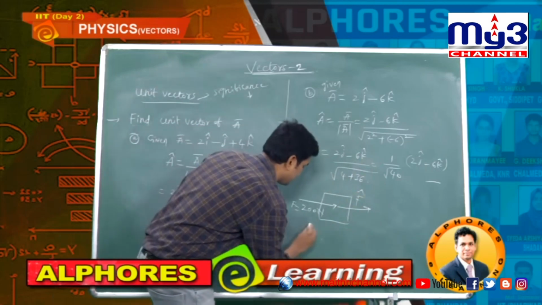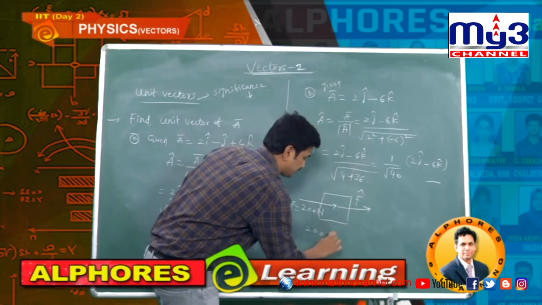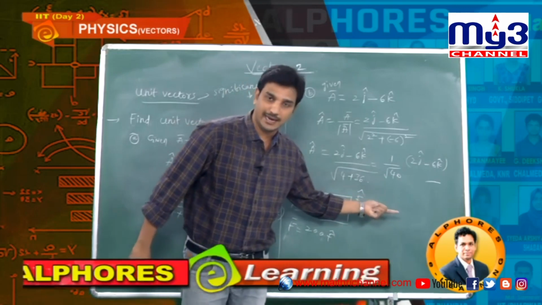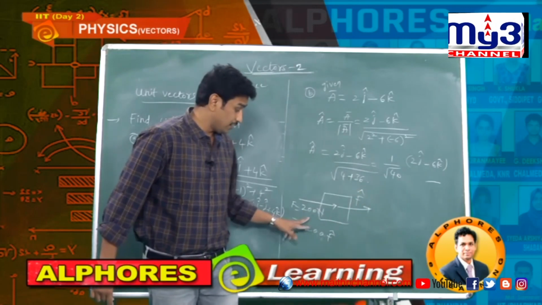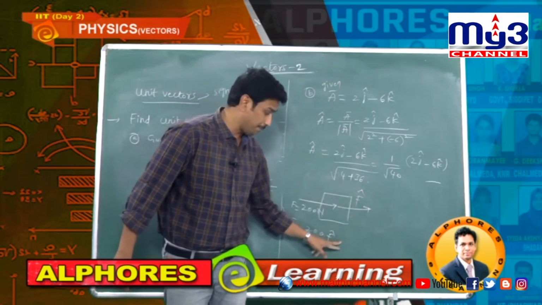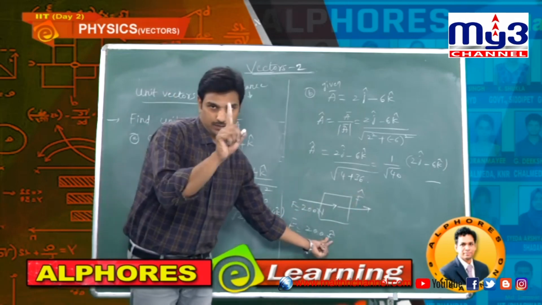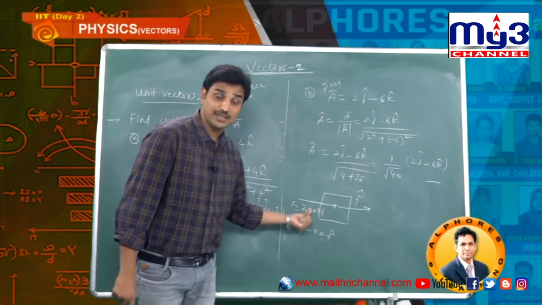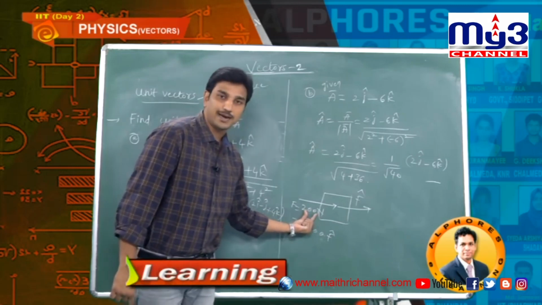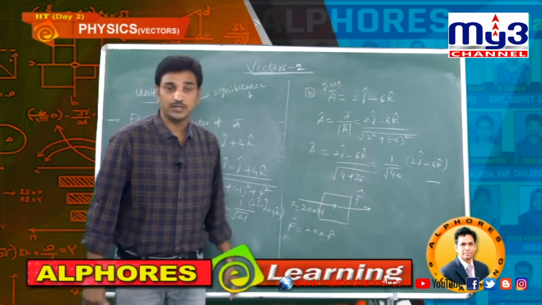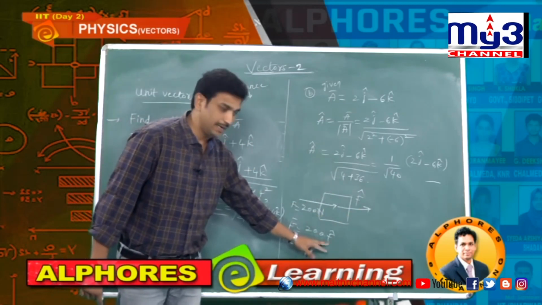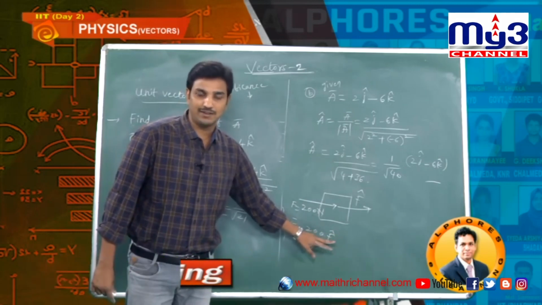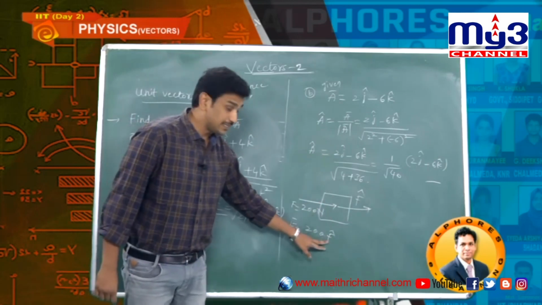Now I will write here: 200. What is the direction? F cap. The direction I took as F cap. Now what is the F bar? 200, direction is F cap. Here the F cap value is 1 because a unit vector has value 1. So 200 stays as it is. I didn't change the value. Without changing the force magnitude, we are giving direction by using a unit vector, because multiplying any number with a unit vector does not change the magnitude. It only gives extra direction. That's the significance.